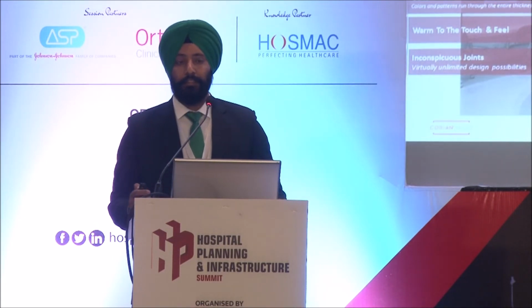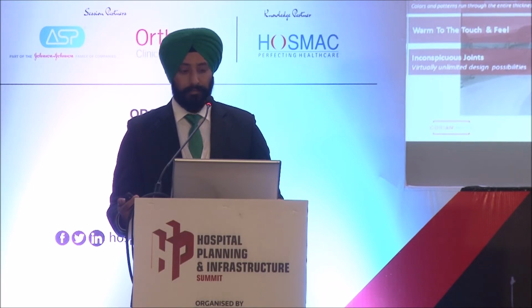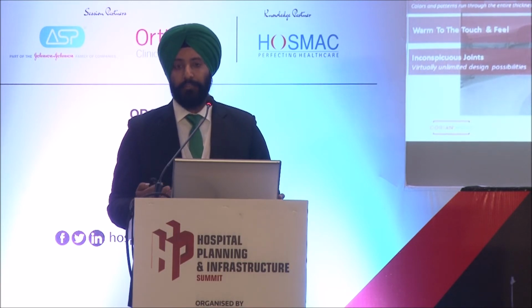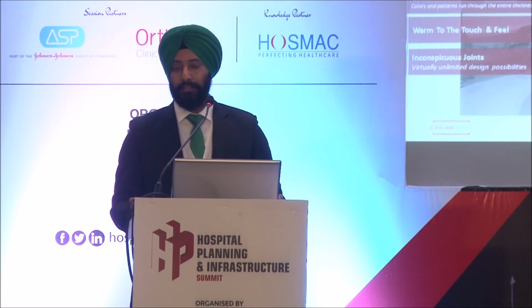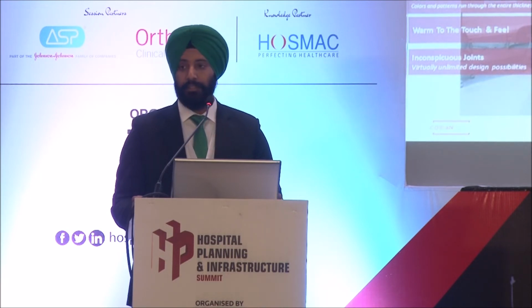Talking about the various properties of Corian, it's a solid surface which is through and through non-porous. It's colorful. You can create different themes in your hospital based on your branding, based on what kind of feel you want in particular rooms, maybe OR rooms or ICU cladding or even the reception areas. It doesn't emit any kind of VOC, so it's very safe in that sense. We have got GreenGuard certifications,